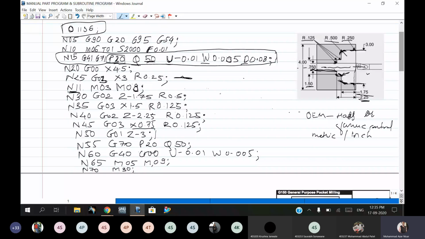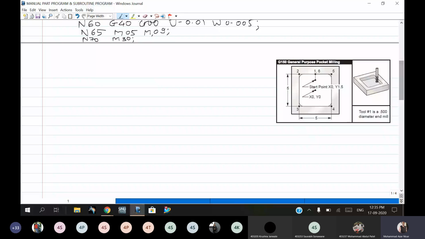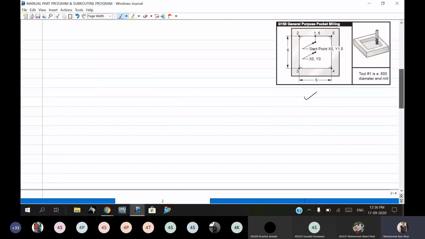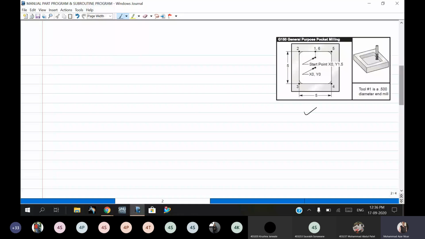But sometimes these problems can be asked for examination, and that is pocket milling by using the subroutine program. So this is a subroutine example. The difference between the regular programming and subroutine programming is that in the regular one